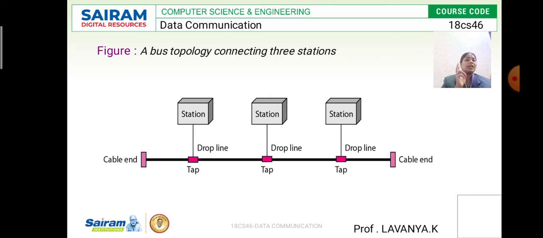Then what is the advantage of the bus topology? Here we can easily find fault isolation, and we can easily identify errors; the debugging method is very easy in this bus topology. Also, we require a minimum number of input output cables to connect the bus. So this is the bus topology.